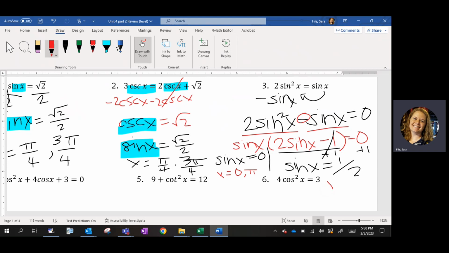That happens in quadrant 1 and in quadrant 2 again because it's positive 1/2. So the y is 1/2 at the 30-degree or pi/6 reference angle. So that's going to be,